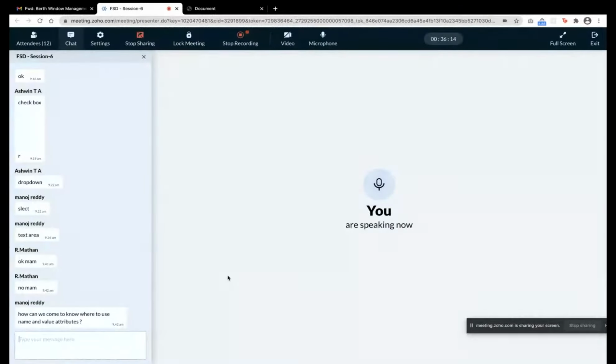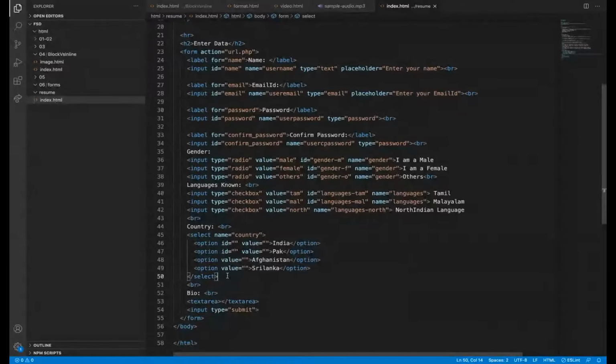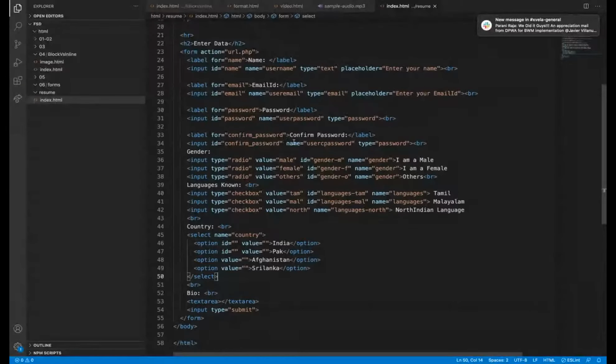How can we come to know where to use name and value attributes? The name attribute we should use for all the things, each and every input which needs to be sent to the backend, because all the inputs we are collecting, we need to store somewhere in the DB, right? So all the inputs which need to be stored in the backend should have a name attribute.